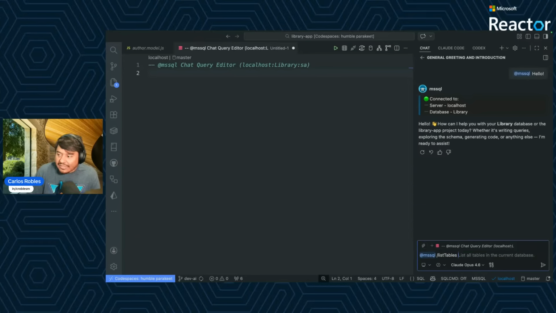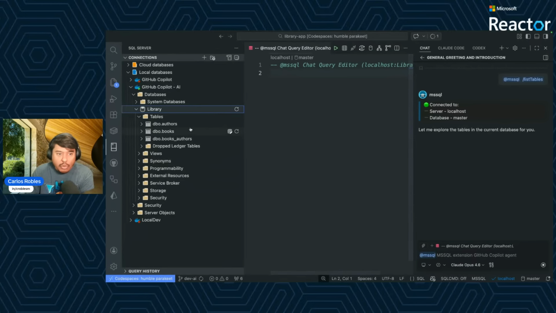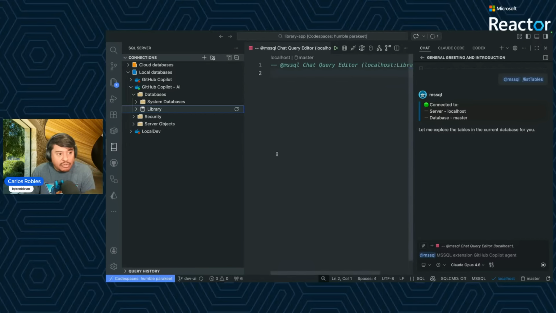So if I do list tables, I should be able to get the list of different tables in this database, because GitHub Copilot now has the context of my database. And that is incredible in my opinion, because I don't have to jump into the code. I don't have to jump here in OE. Obviously, I can do it if I want, but just by asking these questions, the model should respond to me